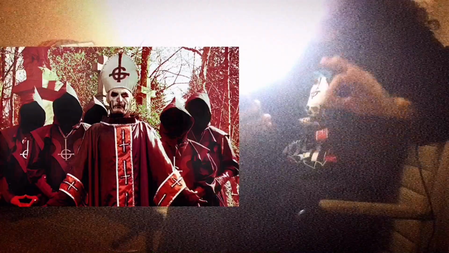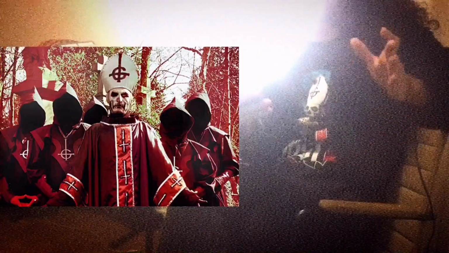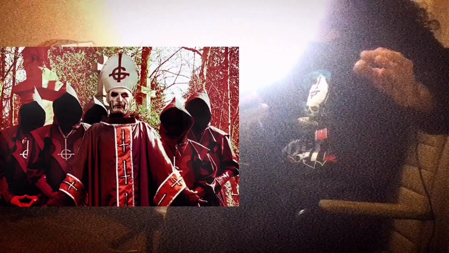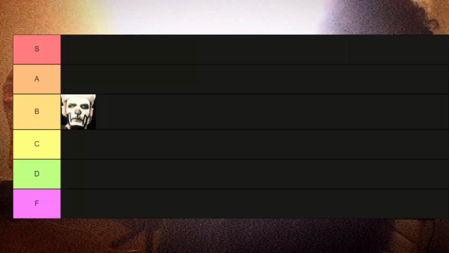We're gonna start with the first design, the Opus Eponymous early Opus design. I think it's very primitive. It's very in the beginning stages. It's got the main Papa 1 look already to it, sure. But there are better designs than this one. This one would get better soon. So I'm putting it in B tier because right after it comes my favorite Papa 1 design, the one that